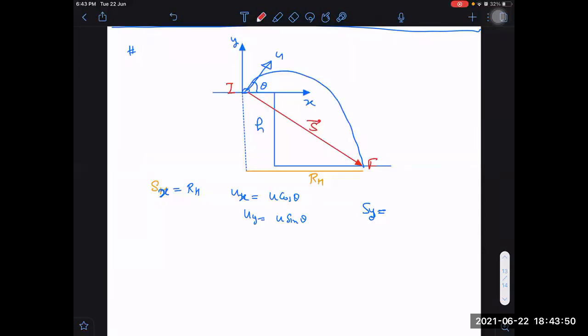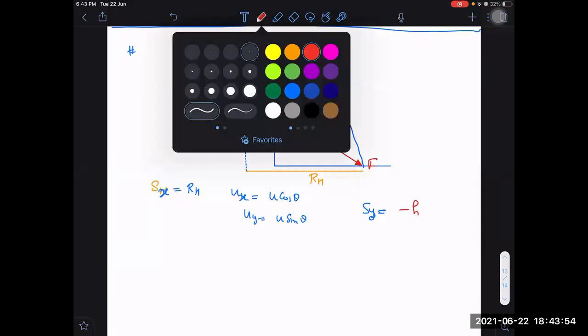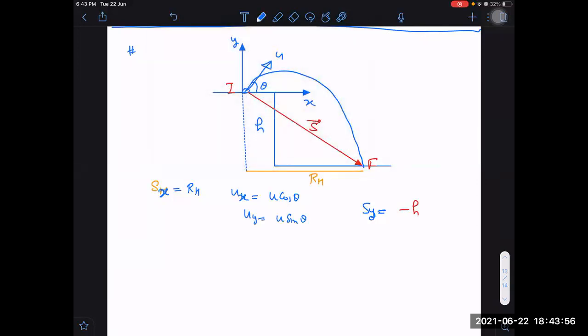Minus h. Yes, very good. I appreciate. Exactly, minus h is 100% right. I was thinking, if you don't know much, you will say plus h. It is not plus h. It is going down, so it is minus h. I hinted you, I gave you an example that we have to take this. Would you be able to do it yourself also? Are you understanding why it is minus h? It means we have to take its projection. We have to take the projection of the displacement along the y-axis. That will tell us what this y component is.